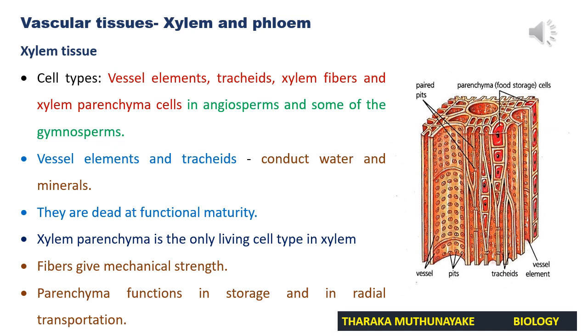Did you get that? Again, that means when water and mineral ions transport from xylem, which is found in the middle of the stem and root, to the peripheral parts of the plant, that water and mineral ions are transported through this xylem parenchyma. It's a radial transport. That means simply parenchyma is involved in transporting water and mineral ions from vessel elements and tracheids along the radius. That's the idea.